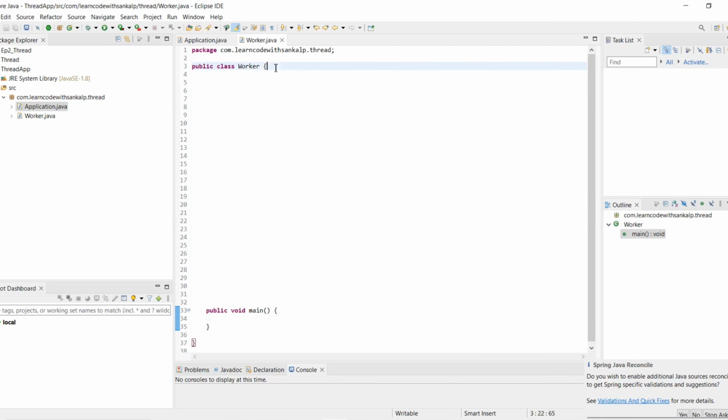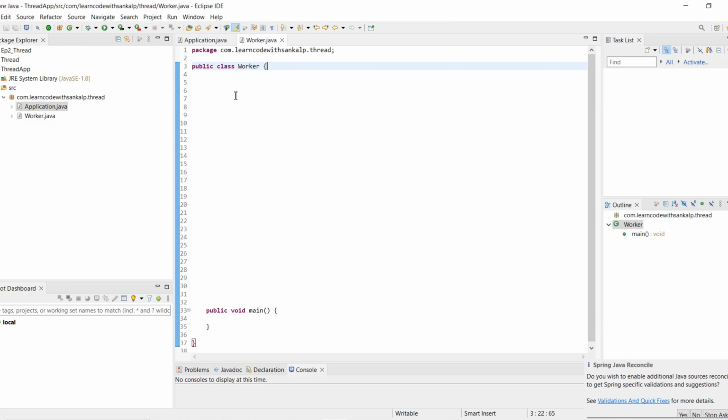Then our task is that we are creating two lists, and by using threads we perform some operations.